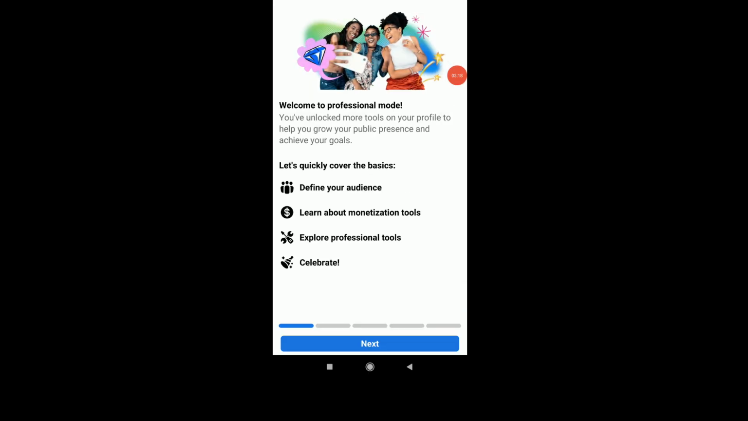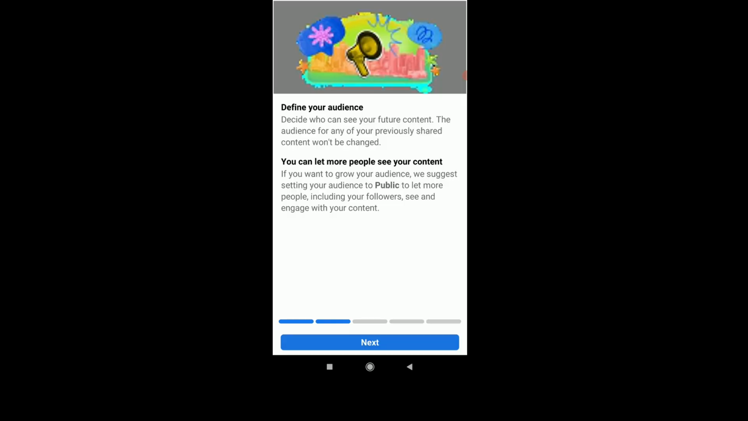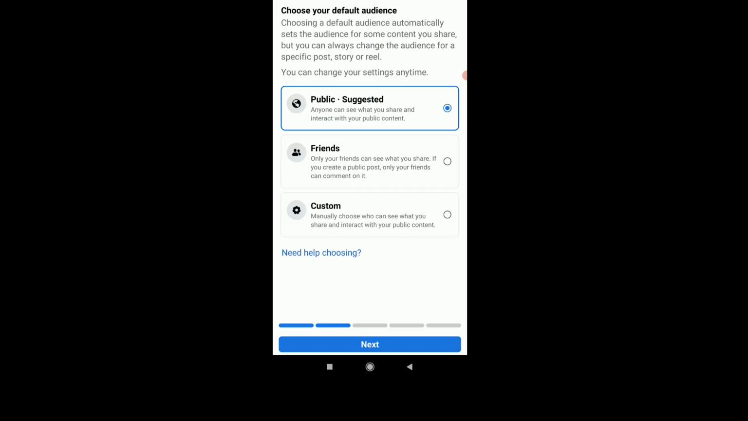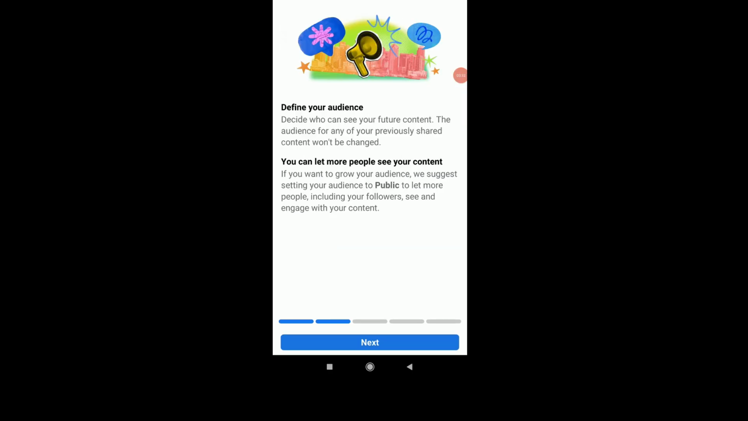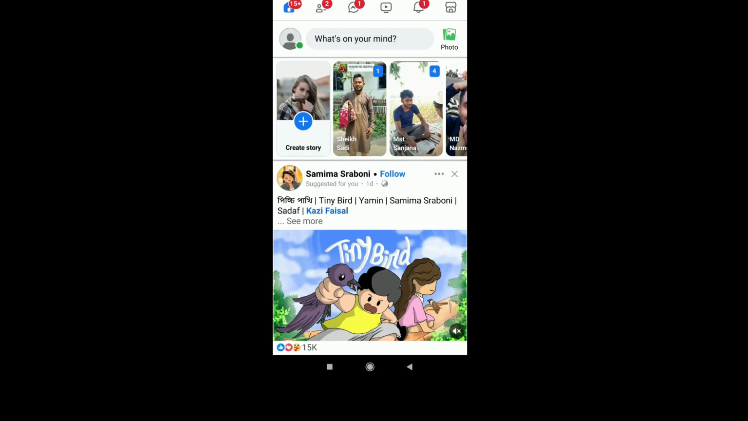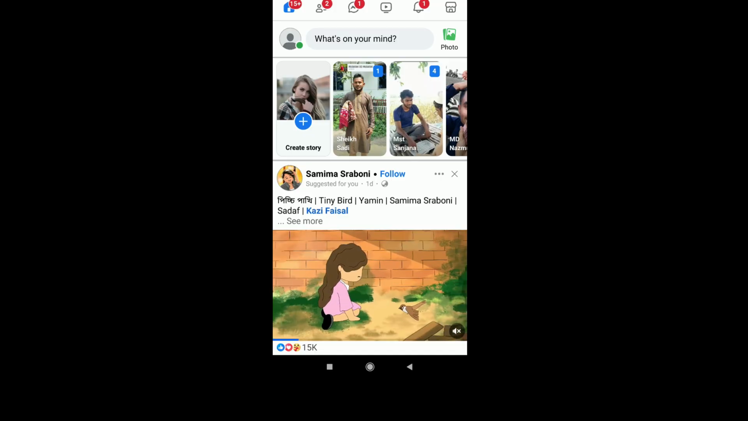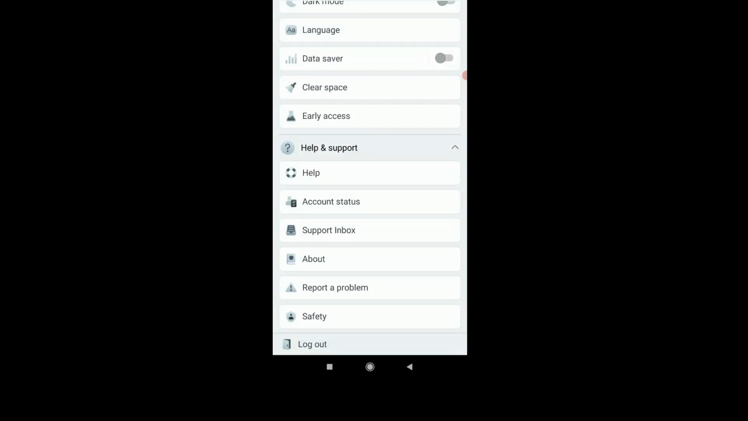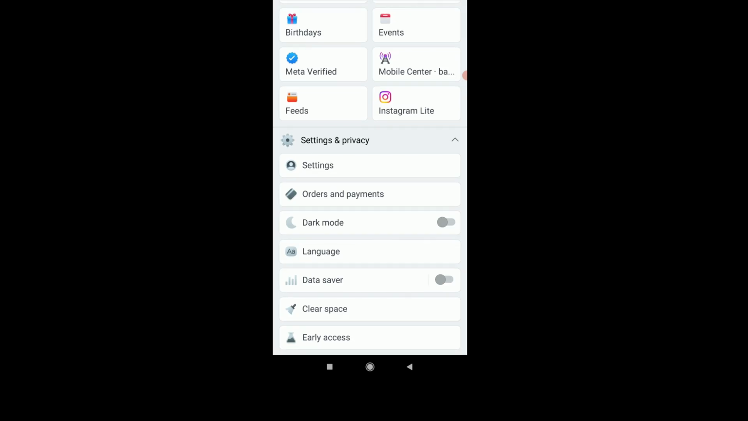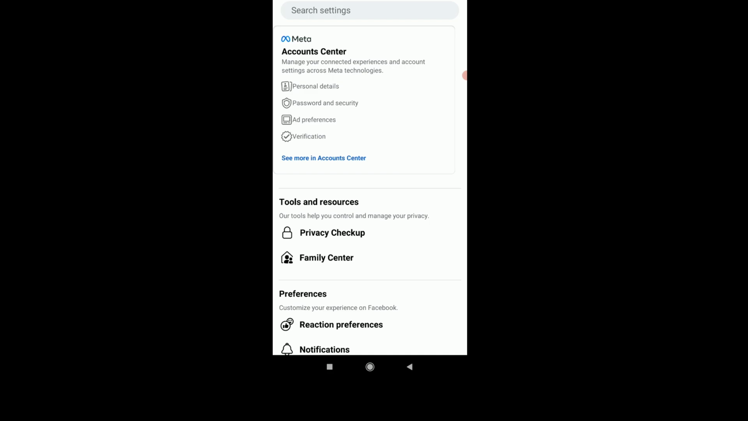Click on next. Click on next. Then go back to your account. Now change your email address. Click on 3 dot icon and go to bottom of the account and click on settings and privacy and then click on settings. Click on account center